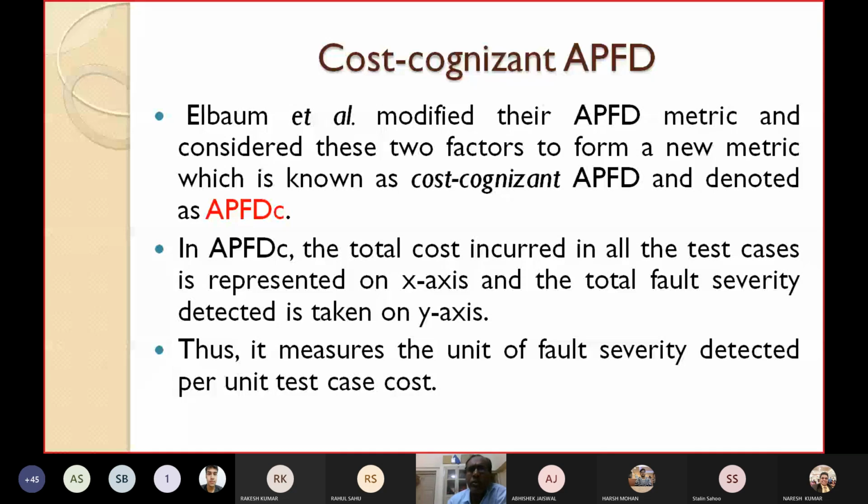Here we will not go into details of cost cognizant APFD. This is a research area. We'll skip this and stop here. So today we have discussed the remaining testing techniques, such as the risk-based and coverage-based test case prioritization techniques we have already seen earlier. Today we have discussed risk-based prioritization based on operational profiles, prioritization using relevant slices, and prioritization based on requirements. We have also discussed the two metrics, APFD and APFDC, to measure the effectiveness of the prioritization technique.